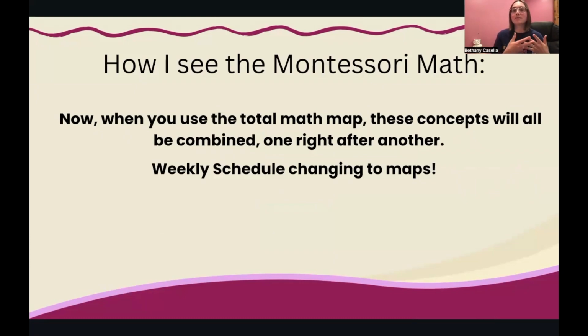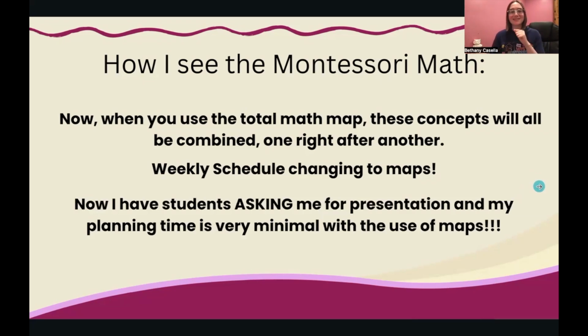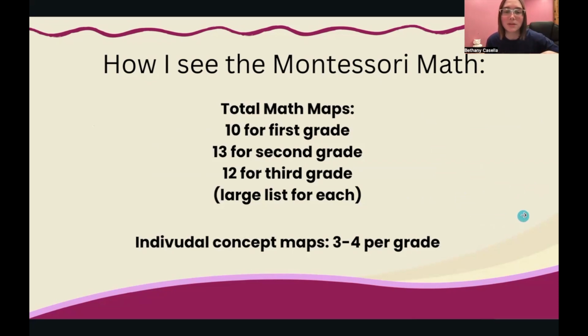Then the kids know, like, hey, let's either pick a numeration work, or I would pick what I was showing them. But I like the way of having them choose like we're supposed to in Montessori, whereas not telling them what to do, but to just pick what they want to do, which at first it takes a little while to let go of the control, but also it keeps them organized in the sequence of the maps. And again, I have students asking me again for my presentation, so that's so great. So again, the total math maps, I believe everybody was here the first time, so I don't have to go through them. If you want to do the individual lists, that's great too for the different maps.